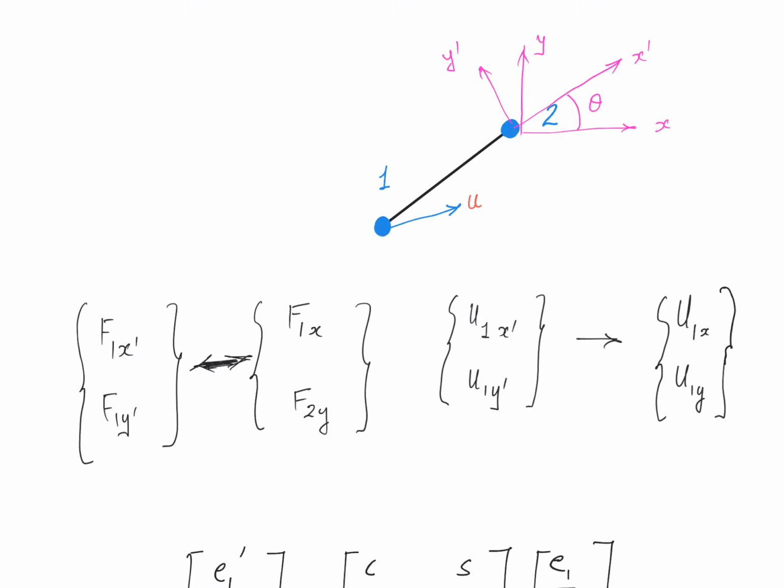We set out this whole journey asking for a relation between these two vectors and a relation between these two vectors. So the same relationship holds because this is one vector, the displacements at node 1 in this coordinate system, this is another vector, the same displacement of node 1 but expressed in this coordinate system, xy coordinate